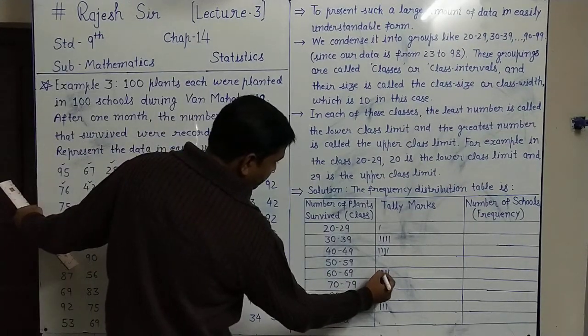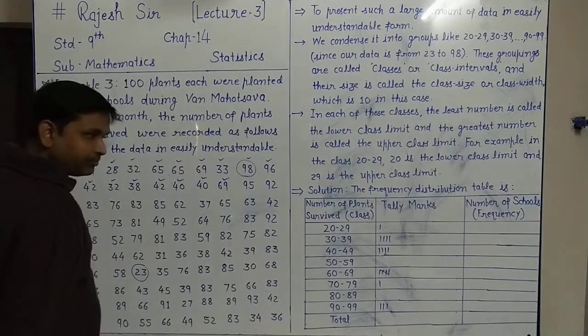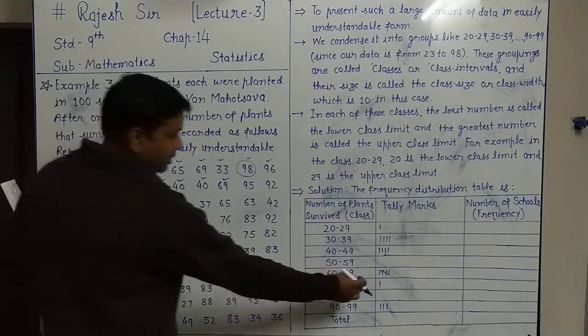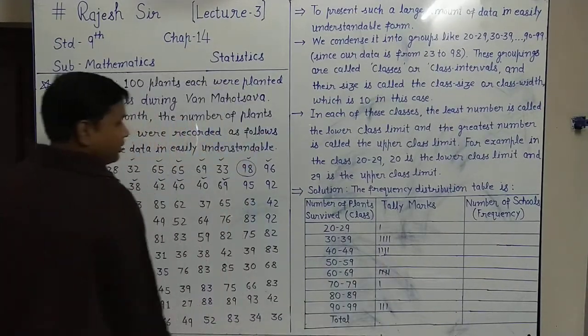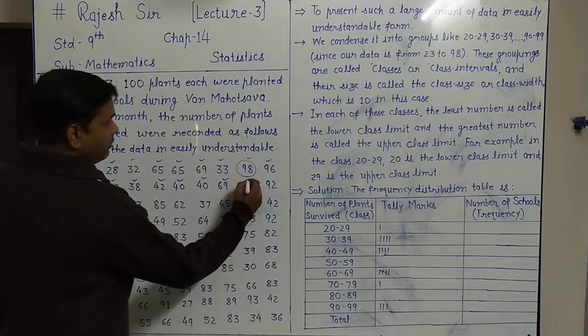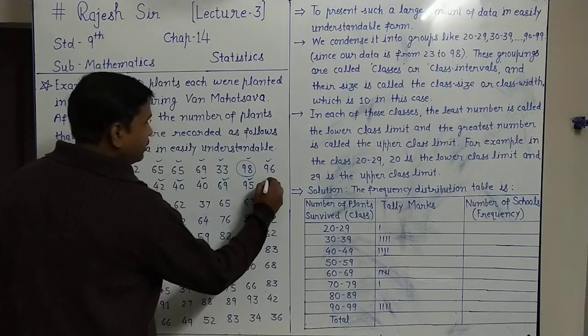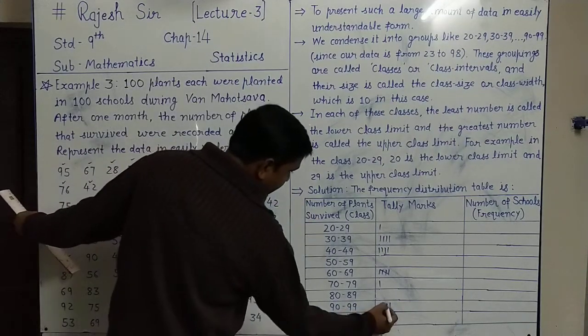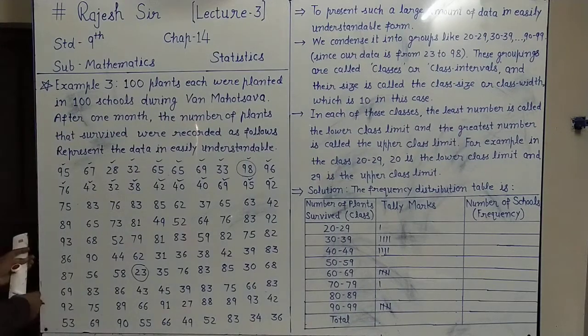This fifth number, every fifth number, for the bunch we are making. The bunch of five is 1, 2, 3, 4, and the fifth number is 69. Then 95 is in the last 90 to 99. 92 is again in the last 90 to 99. So fifth one again. This way the second row is also completed.